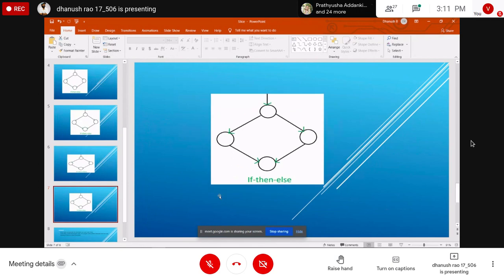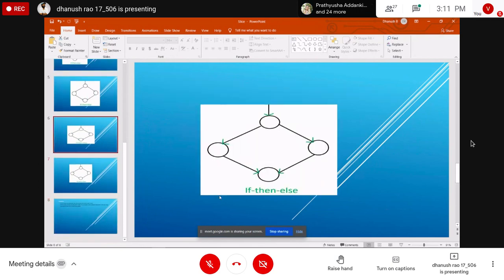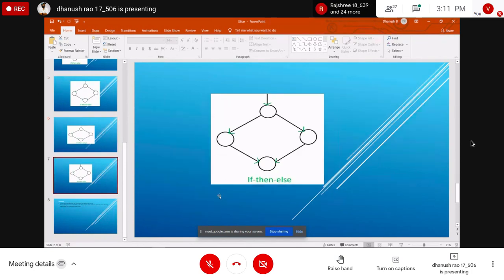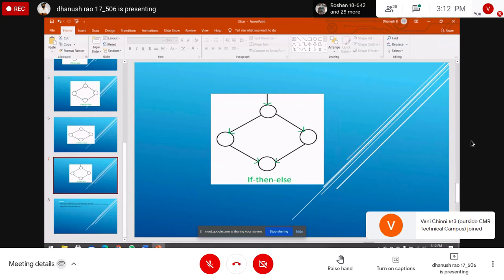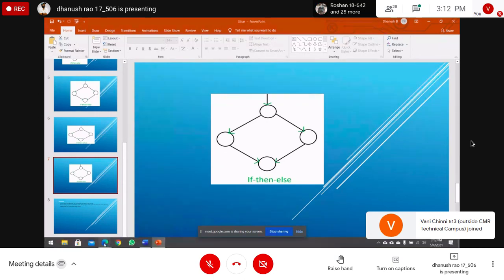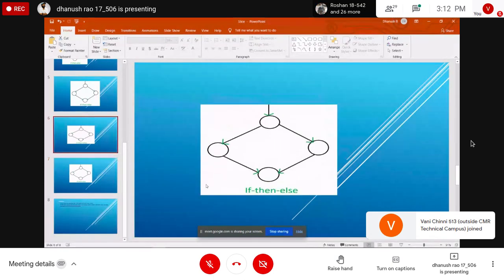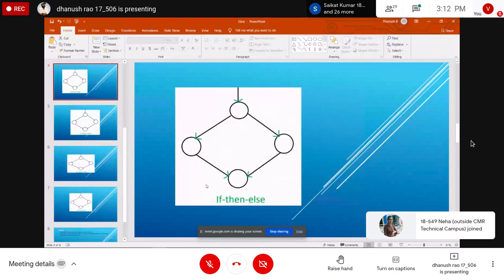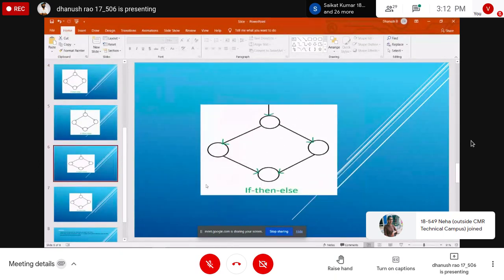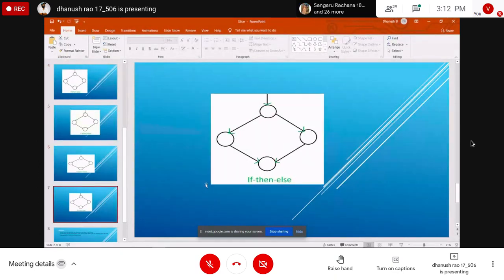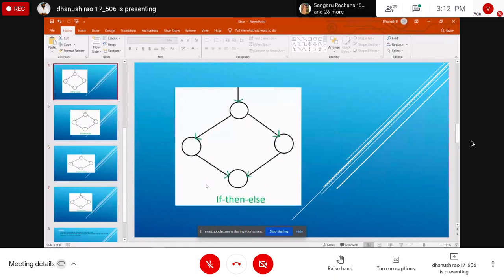Sorry, ma'am. The diagrams have come the same for everything. The loops' format has been the same. Same diagrams, right? Yes, ma'am.